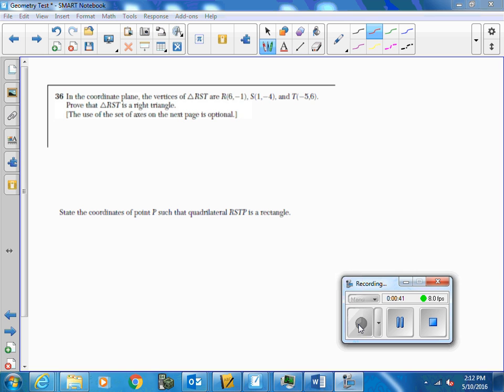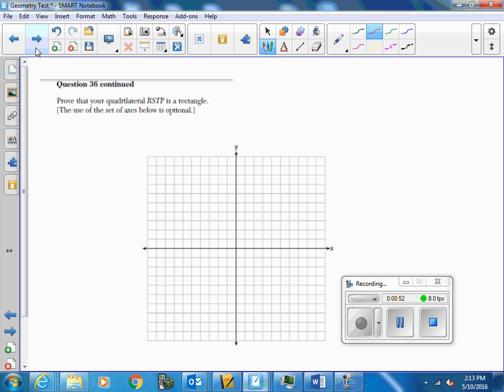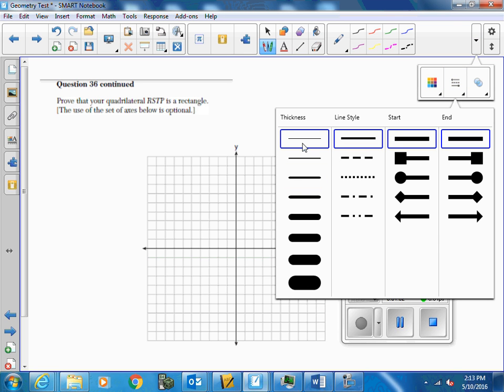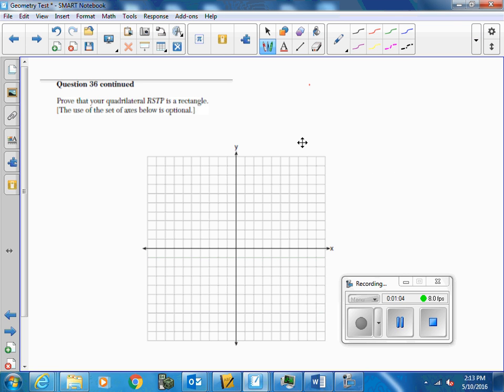So the first thing I would do is go and graph this. I'm going to go on the next page. You have your test there, so you should be graphing this. So 6, -1. Let's go here. And if they don't give you a graph, remember, you have that grid paper at the back of your test that you can always use. Even if they don't give you a grid, if it'll help you, just go to the back and use it. So our first point is